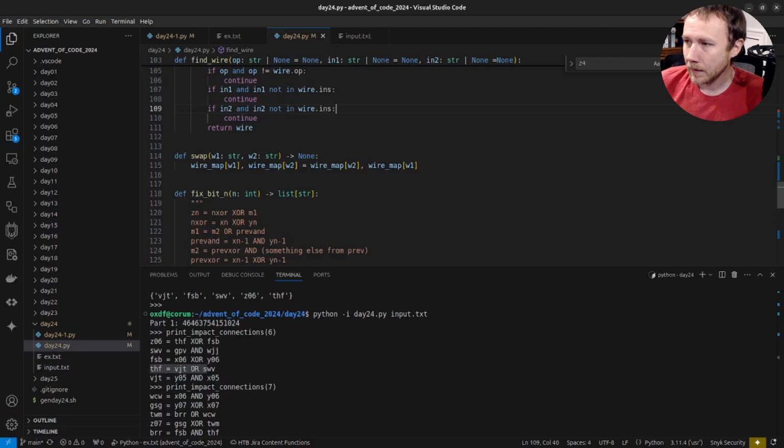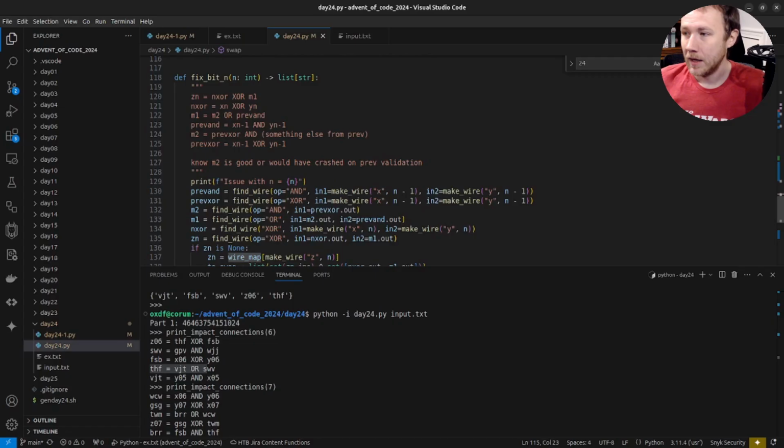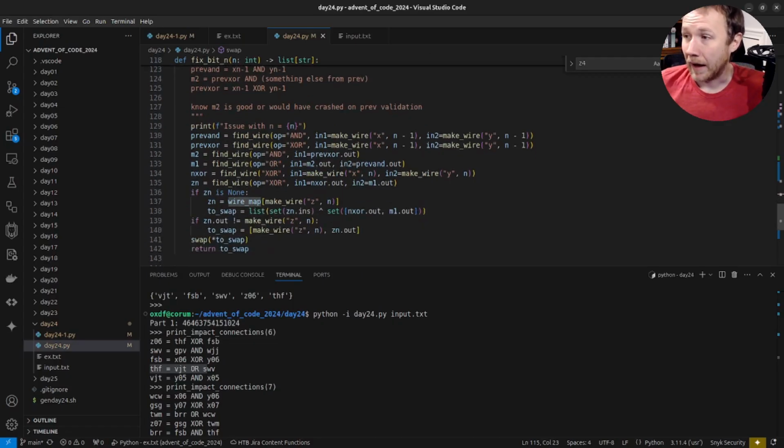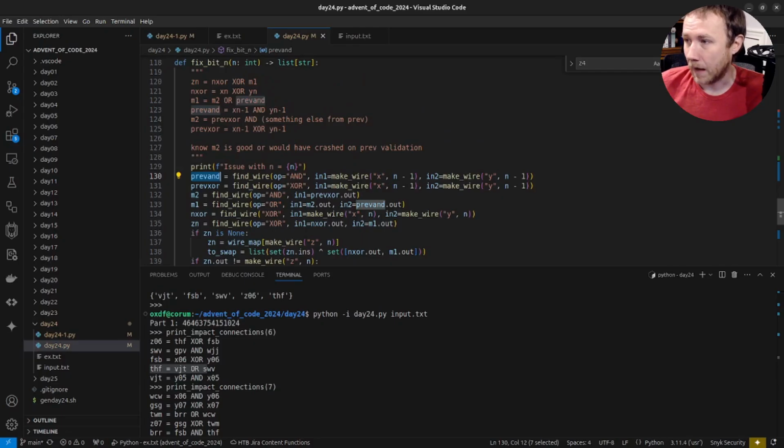And then I made a swap function to actually fix it. And all I'm doing here is saying, if I have 2 wires as input, I'm going to say wire map of W1 is equal to, swap these 2 things. Okay. So now I can start to say, well, I expect my previous AND to be the operation and the wire x,